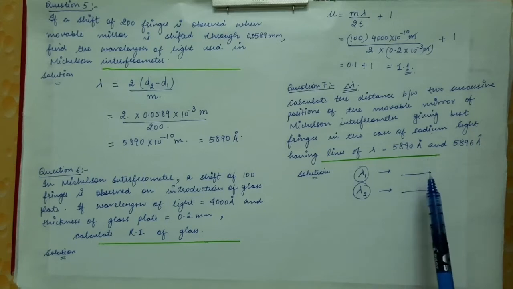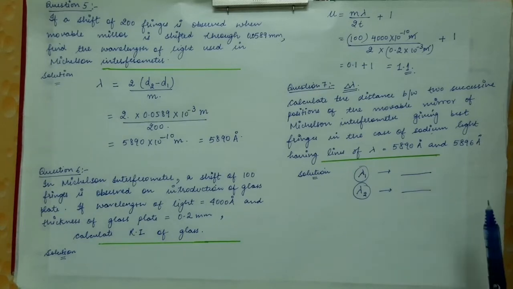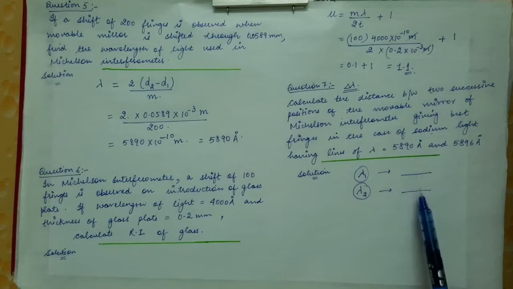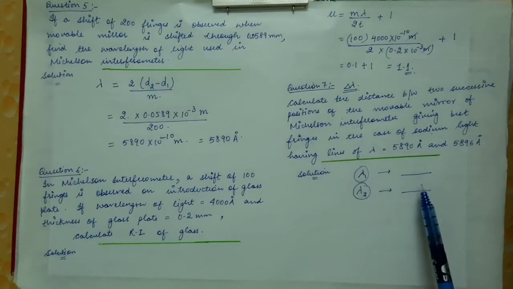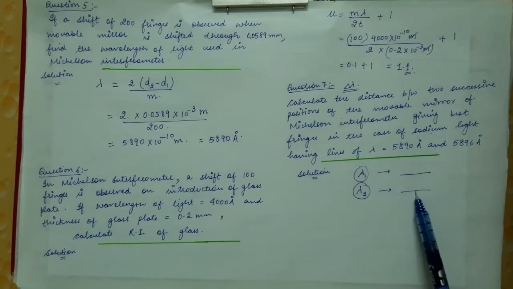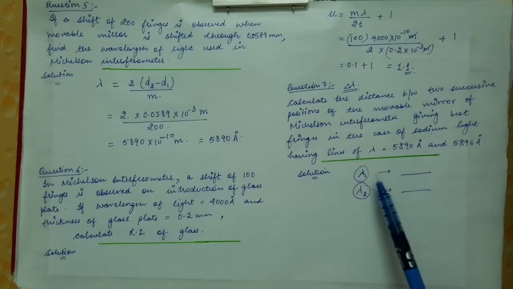Now when the mirror M1 is moved, both the fringe patterns change, because as we have seen, as the mirror M1 is moved, the fringes shift; they either collapse or expand. So both fringe patterns change as the mirror is moved. One position of the mirror is obtained when maxima of one fringe pattern fall on maxima of the other, and minima of the first wavelength fall on minima of the second.